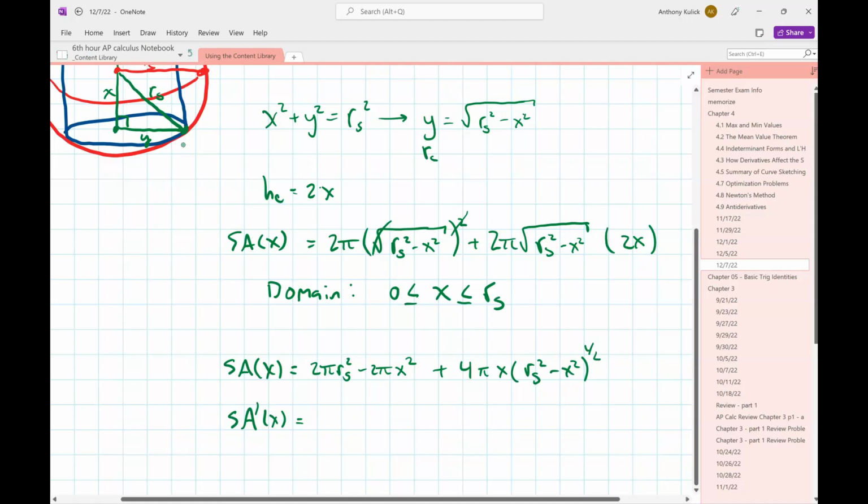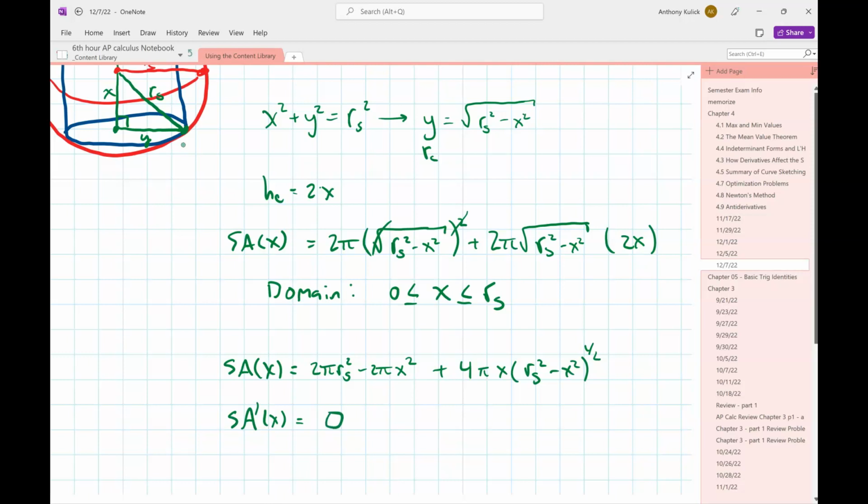So what's the derivative of 2 pi r squared? Why? What is r? That's the radius of the sphere. Is that changing? No. The sphere is fixed, so that's a constant. That's why I wanted to write it out, to make sure that we caught that, because that's an easy mistake to make, right? And then derivative of 2 pi x squared,